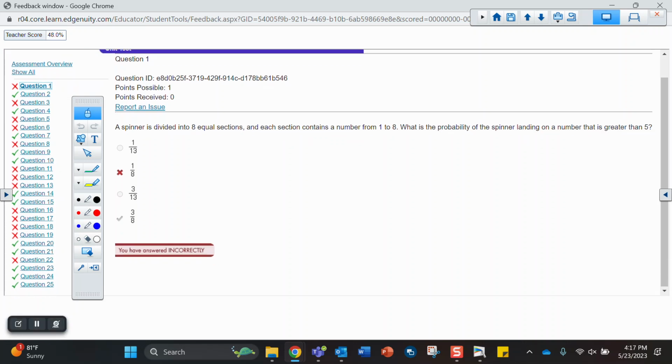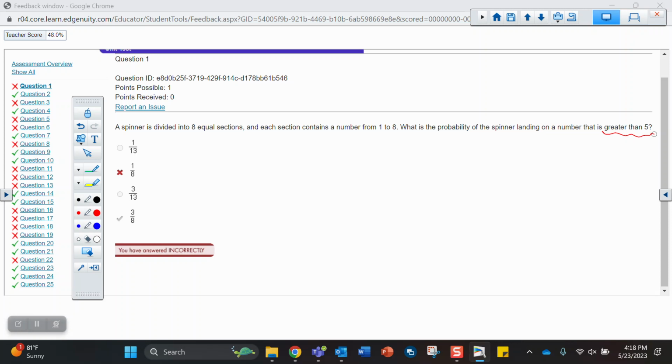So the first one says a spinner is divided into 8 equal sections. Each section contains a number from 1 to 8. What is the probability of the spinner landing on a number that is greater than 5? So you chose 1 out of 8. I'm not sure if you just read that as the spinner landing on 5,